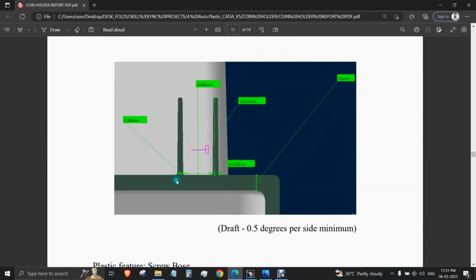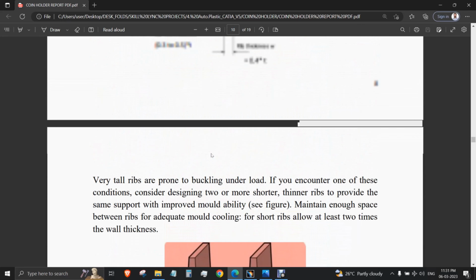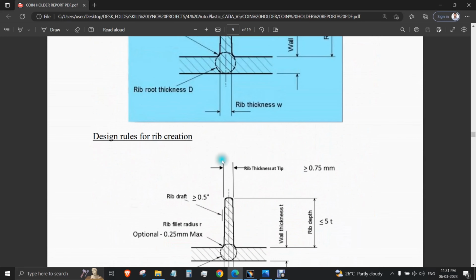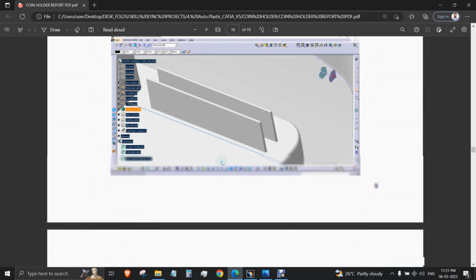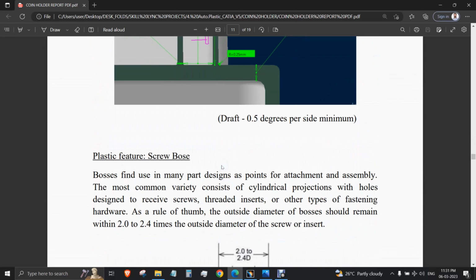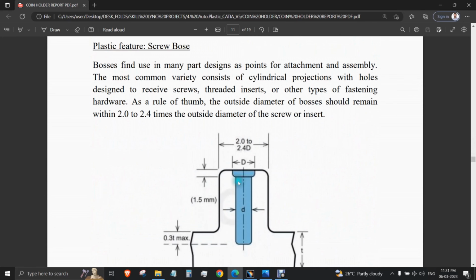And here are the values which I received on my model, and we should calculate these values before designing these ribs. Here are the guidelines for designing the ribs, and we should calculate them before designing. And in the case of